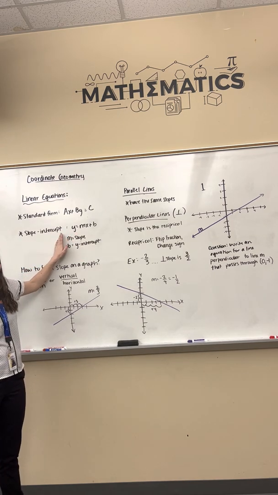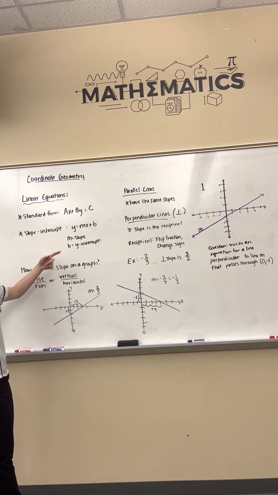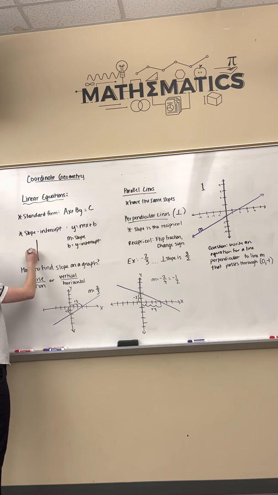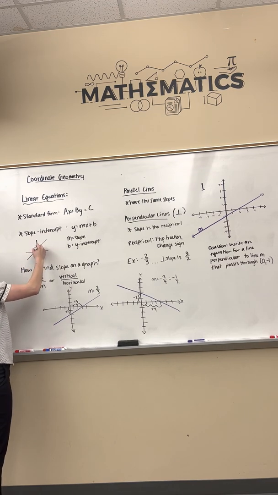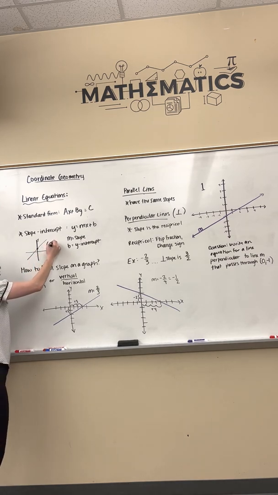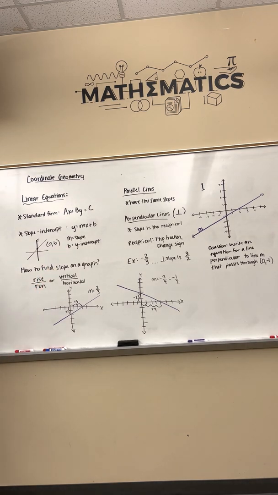This is the one you're most familiar with, where m is the slope and b is the y-intercept. Remember that a y-intercept is when a line goes through and crosses our y-axis right there. Okay, so the point would be something like (0, b). Cool? So the other thing I looked at is how to find a slope on a graph, because this might